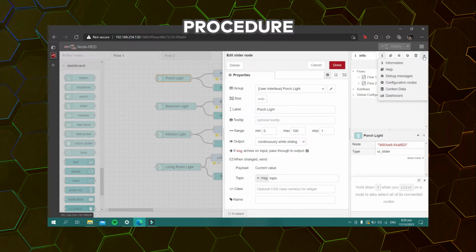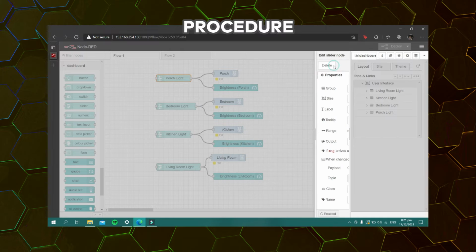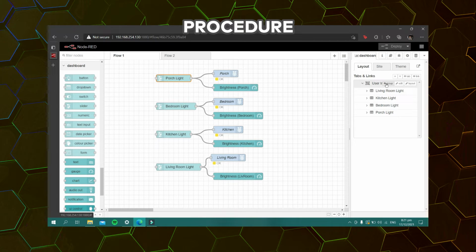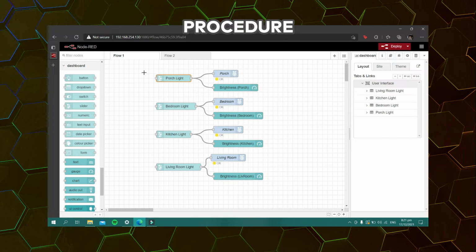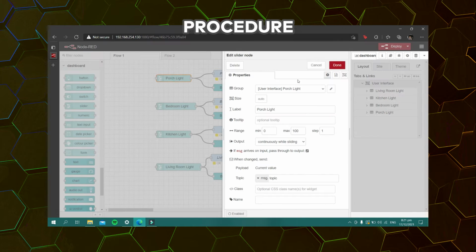I have created earlier. So go to dashboard. In order to create a group, add group, then there. From there, you could edit your group and rename it so that you would easily organize your groups created for this user interface. So first there, for the porch light, I have included it in the porch light group from our user interface, and I have set our minimum value to 0 and our maximum value to 100, and I have renamed it